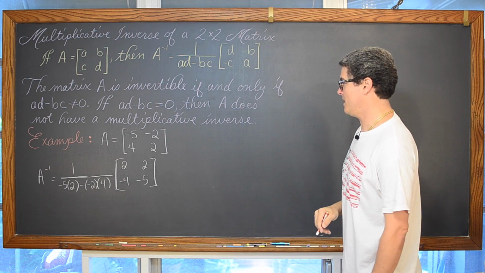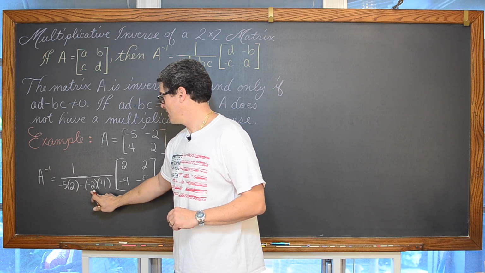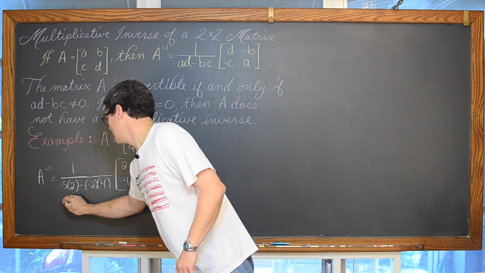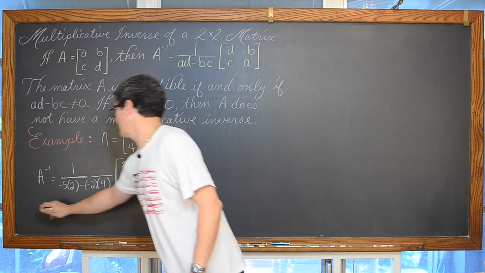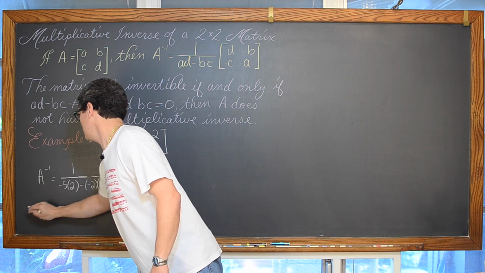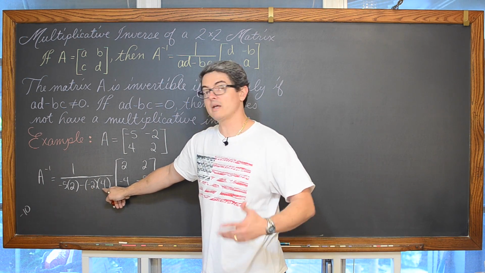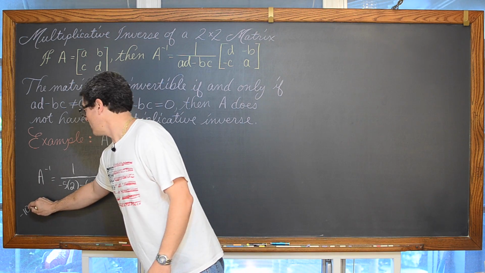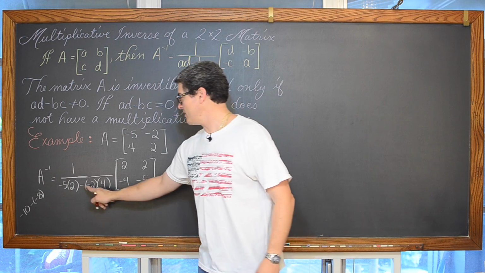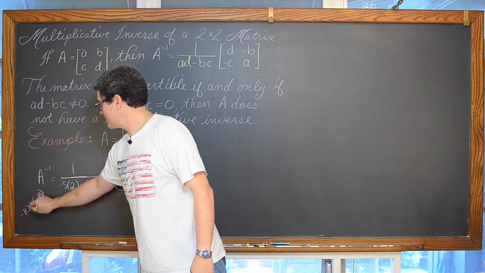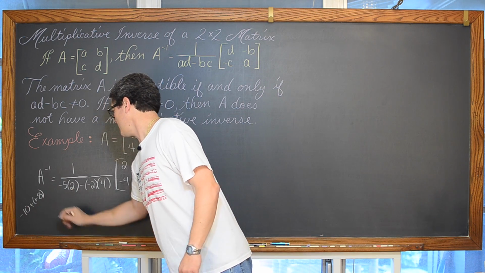Okay, so let's see what we get here. Negative 5 times 2 is negative 10. Negative 2, well, I guess just write that. Except I'm going to run out of space. Let me do a little bit of scratch work here that I'll erase. I'll put over here. Negative 5 times 2 is negative 10. Negative 2 times 4 is negative 8. So minus negative 8, might have probably been a good idea to go, oh, a negative times negative is positive, and just have that be negative 10 plus 8. So we have 1 over negative 2